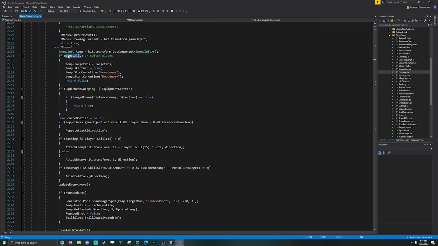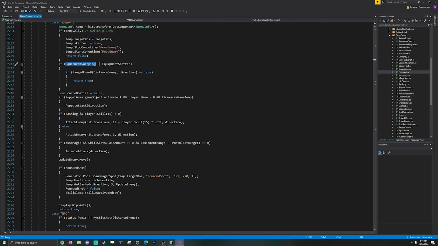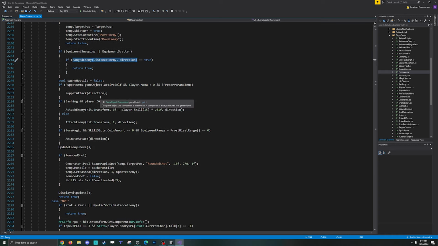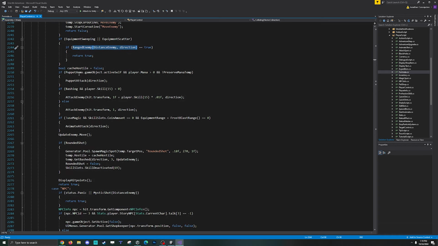So if you are an ally, we're gonna switch places with you because we're not attacking you, and that's how this works. If you have an equipment that is sweeping or an equipment that does scatter, let's attack the enemy that's in range first before we end up attacking the person that's right in front of us. And then let's cache hostile, because I needed to know if an enemy was hostile before determining certain attacks. And let's just say this is all skill-based stuff that we don't need to worry about, and then we will